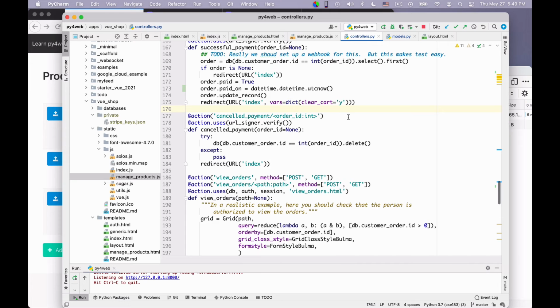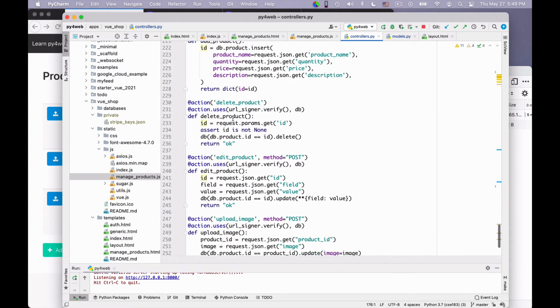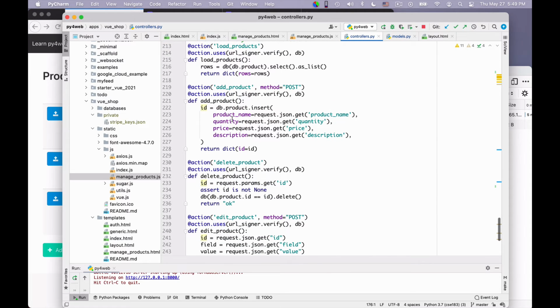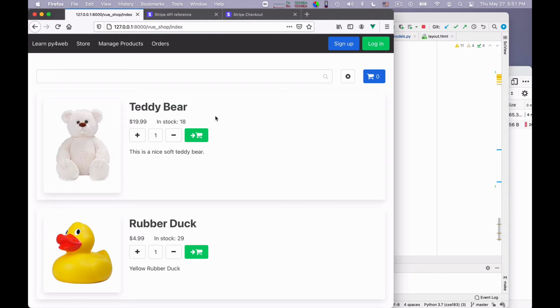In the controller, there is some code at the end that deals with this. You see, there is delete product, edit product, upload image. There are very simple methods that serve essentially the purpose of storing an individual piece of information, and so forth. So this is a page that I think is useful as a model to build many similar pages, but the real action happens in the store page. The store page incorporates a couple of interesting tricks.